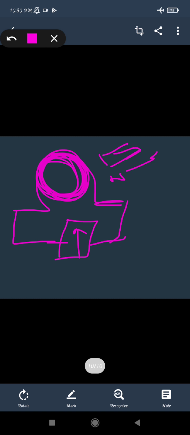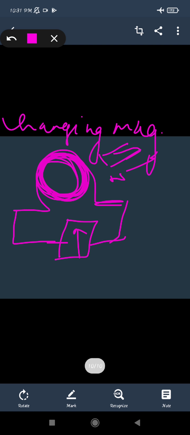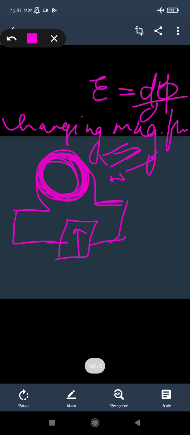As we try to move this magnet, the number of flux lines will also change, because say 3 lines will touch the surface. Again, when we rotate it, some more lines will touch. When you rotate slowly, the number of lines normal to the surface will be less. So the number of flux lines is changing, so the magnetic flux is changing. This changing magnetic flux will induce EMF. So this will produce EMF. What it depends on is the rate of change of flux. So this is the formula for the EMF, and this is for electromagnetic induction.